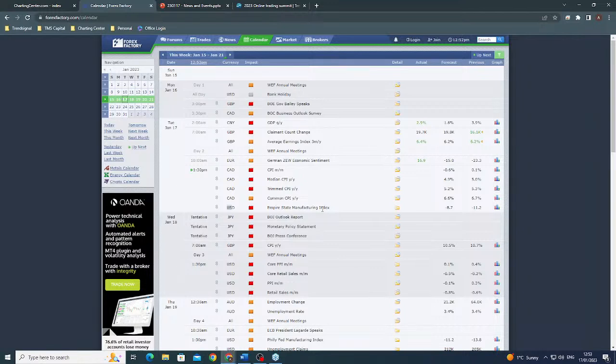As a day trader, we need to be relatively aware of what is going on. If I was day trading the Canadian dollar today, which I'm not, then 1:30 would be a pretty important time. If I was going to day trade the Dow, the S&P 500, or euro against the US dollar, then 1:30 would also be an important time because this manufacturing data is coming out. What's important as a day trader is not so much what the impact is going to be. You just need to know that they're coming out.